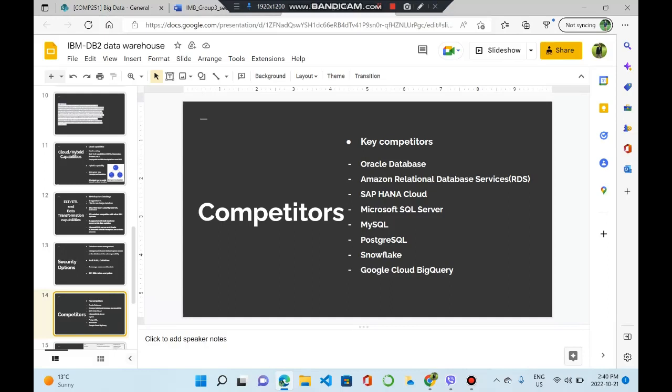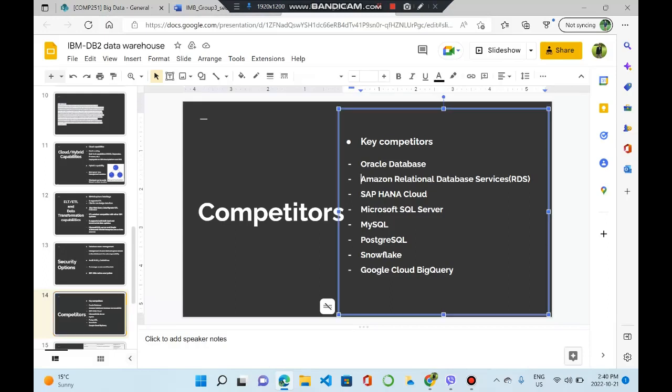And the Amazon Relational Database Service is another competitor of IBM DB2. Amazon Relational Database Service is a distributed relational database service by Amazon Web Services. It is a web service running in the cloud designed to simplify the setup, operation, and scaling of a relational database for use in applications. And another one is the Microsoft SQL Server, and at the same time SAP HANA Cloud, MySQL, PostgreSQL, Snowflake,